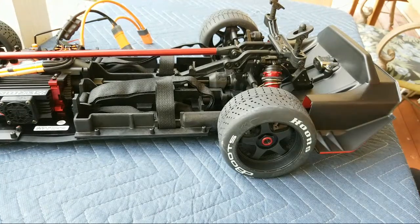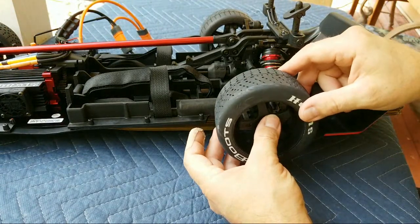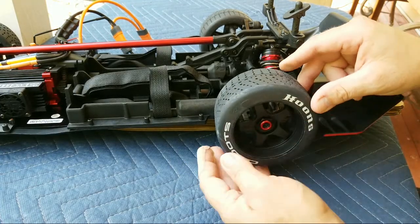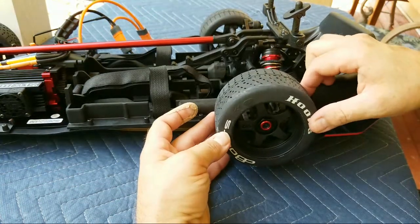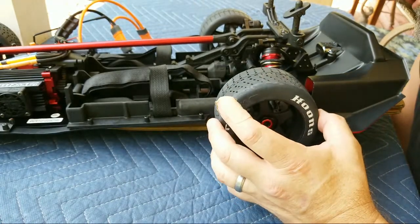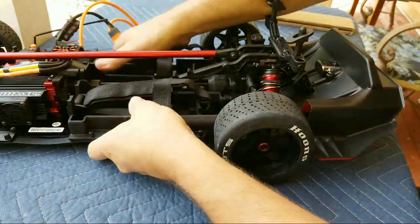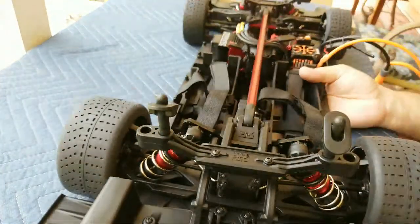So I'm going to take this cardboard and just prop up the rear end, just so I can feel. That definitely has a lot more slop than the other side. Look at that. Why does that have that much slop? All right, so I'm seeing it already. So the slop is actually